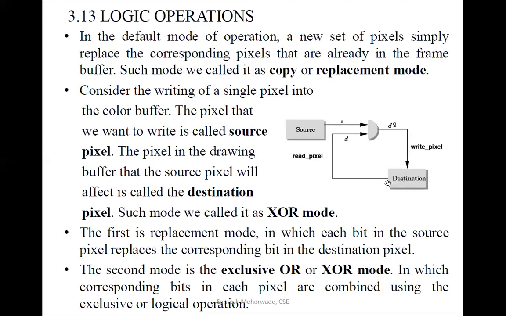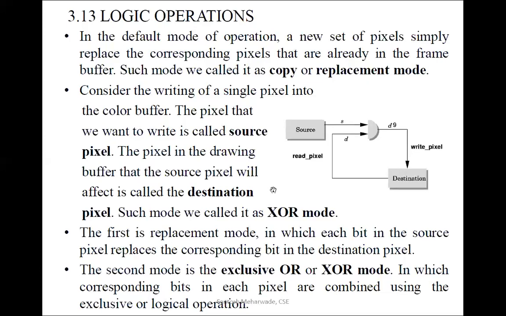Next, if you want to apply the color again, from that destination you are going to pick the color that we took as the destination pixels. Here I'm reading that one, so it is read pixels. Here a kind of XOR operation can be performed between the source pixel and the destination pixels. It is going to give us a new D dash, and that will be stored in the write pixels. Such a mode of operation we call an XOR mode operation.